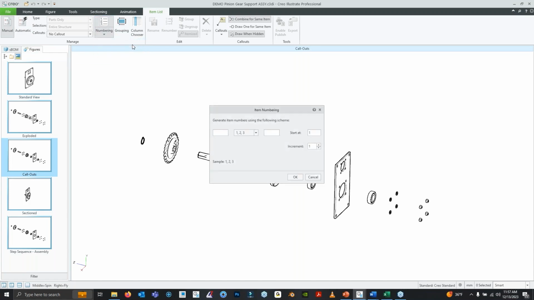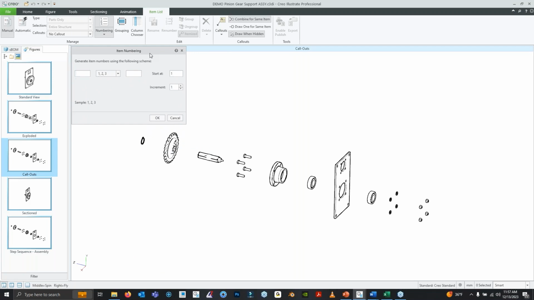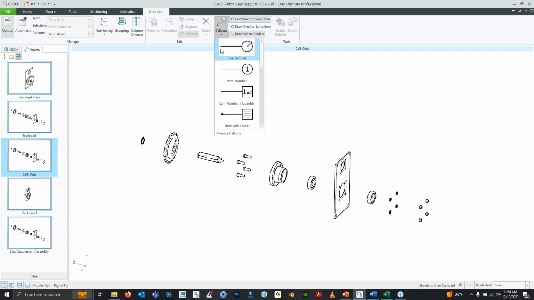So edit numbering scheme. When I referred to one of Brunswick's manuals with this part, this entire subassembly was 19. So all these components would then have 19 and so forth down. So I'm going to put 19 and then I'm going to change to ABC. So I set up the numbering scheme first, and then under my callouts, I actually have some of this set